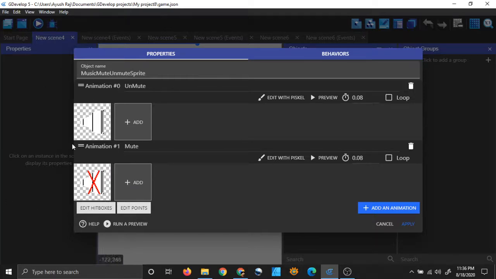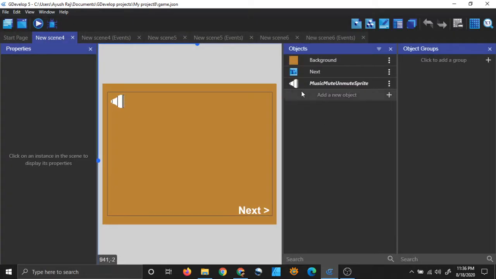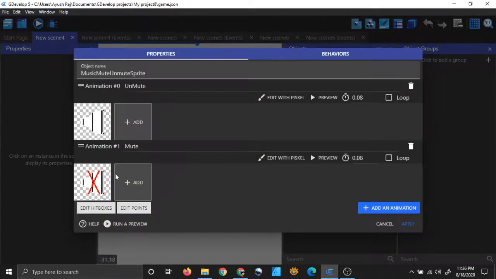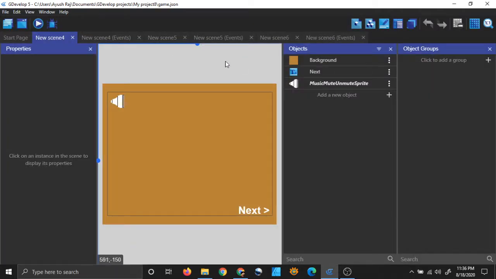I have no problem with that. But you can make your own also. That's how it's made. I have two animations. You can also put two animations, which it will be very important to put two animations actually. So that's the third setup, the presence of this sprite.